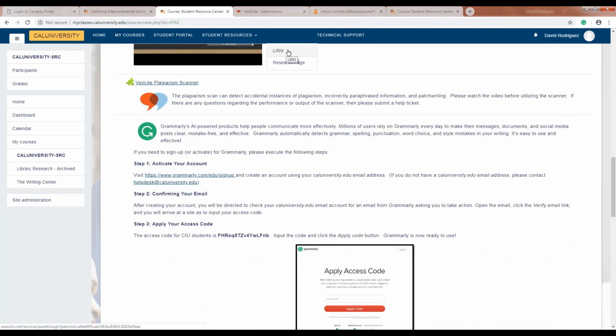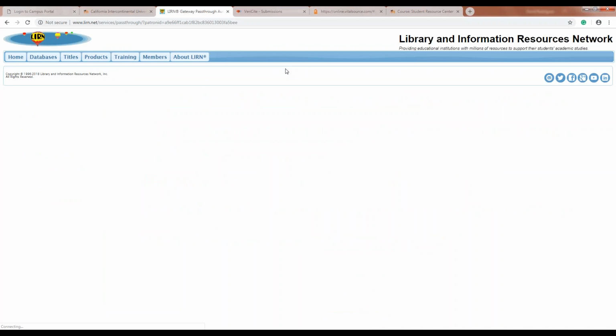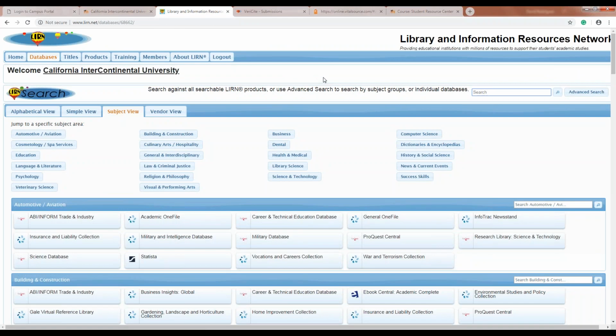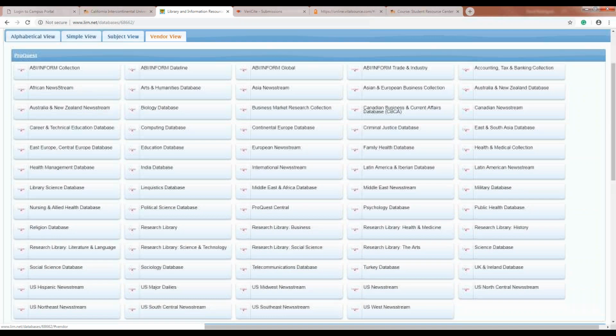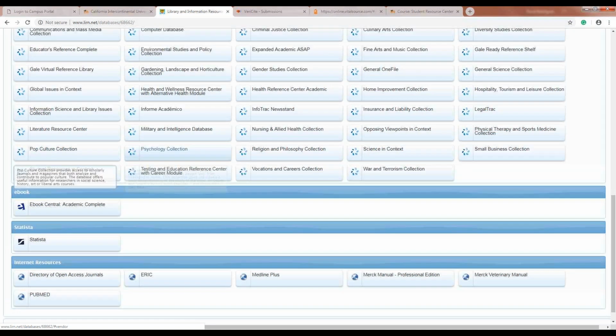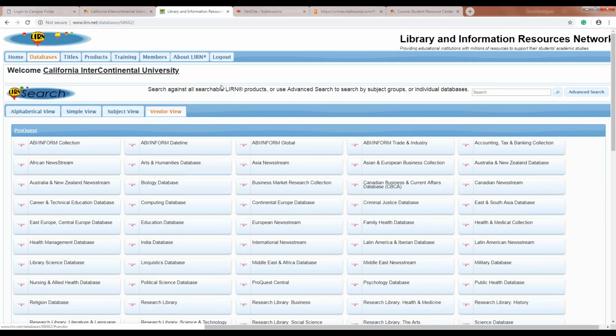The LIRN, this is the Library Information Resource Network. This is where you'll be able to retrieve your peer-reviewed articles. It's available to you 24 hours a day, 7 days a week. There's a few databases, ProQuest, Gale Engage, eBooks, Statista. You're not limited just to these online databases. You can definitely utilize Google Scholar,